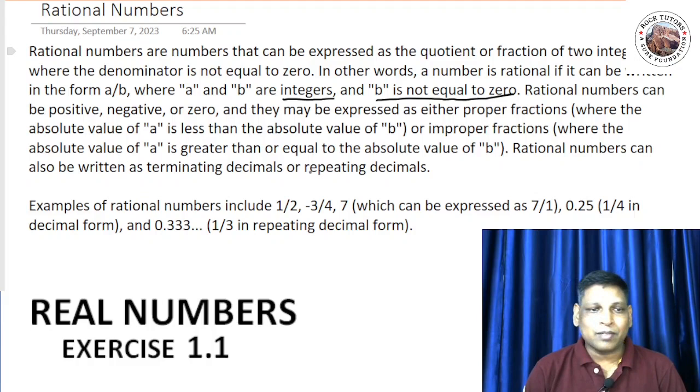Rational numbers can be written as terminating decimals or repeating decimals. We'll see one by one what is meant by terminating decimals and repeating decimals, and before that